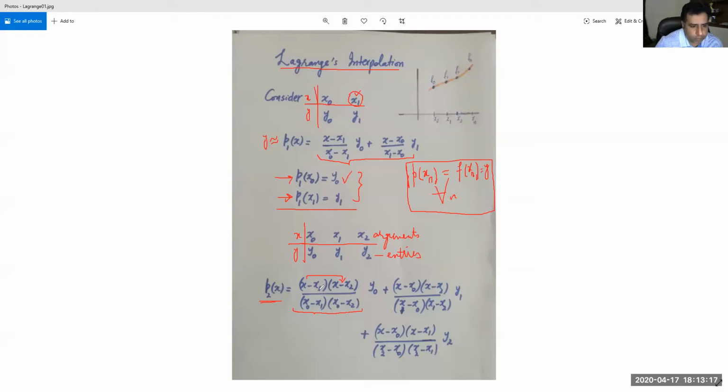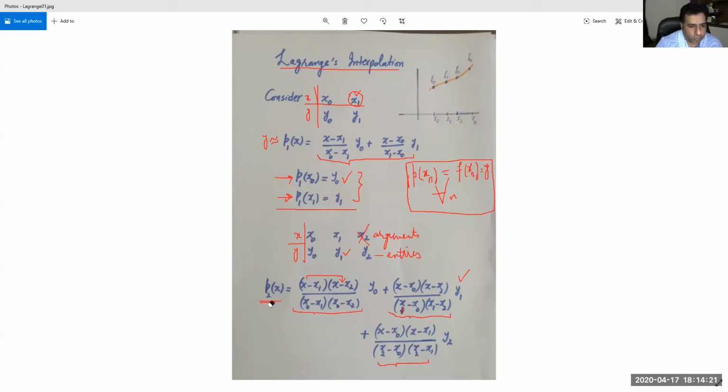computing labs. Okay, so if you look at this, first we have ignored x naught, and we have taken these factors x minus x1, x minus x2 divided by this left factor x naught minus x1, x naught minus x2 times y naught, and then this second factor, you ignore x1 in this case, and you write x minus x naught, x minus x2 divided by x1 minus x naught, x1 minus x2 times the second entry in the table y1, and similarly the third factor, third component of the Lagrange polynomial, you ignore x2 and you utilize these two nodes x naught, x1 as x minus x naught, x minus x1 divided by x2 minus x naught, x2 minus x1 times y2.